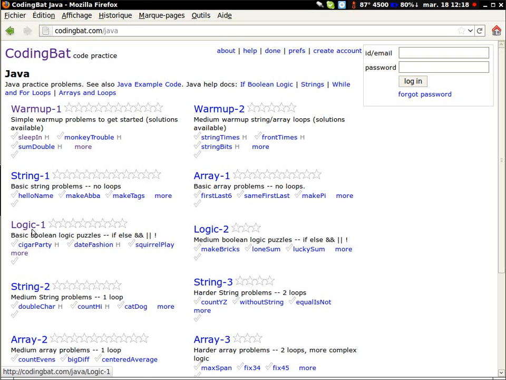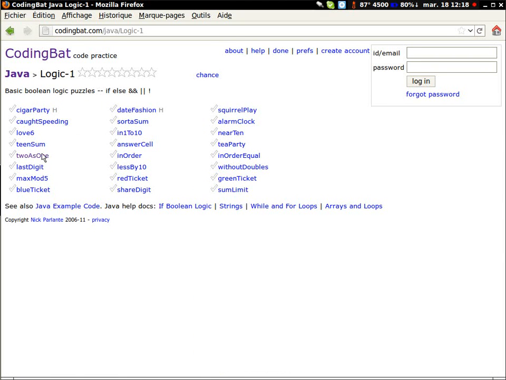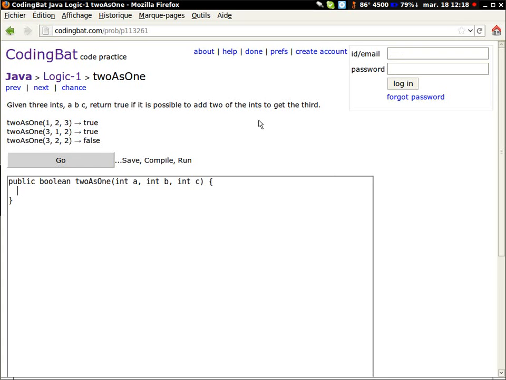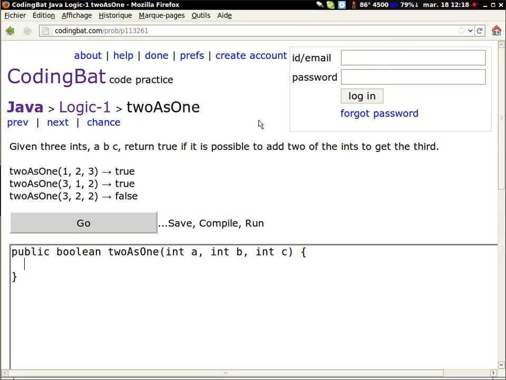So here's logic 1. And the one that I looked at this morning is this beautiful problem here called 2 as 1. Says, given 3 integers, a, b, and c, return true if it is possible to add 2 of the integers to get the third. So, for example, when given the input 1, 2, 3, because 1 plus 2 is 3, you would return true. When given the input 3, 1, 2, because 3 is 1 plus 2, you would also